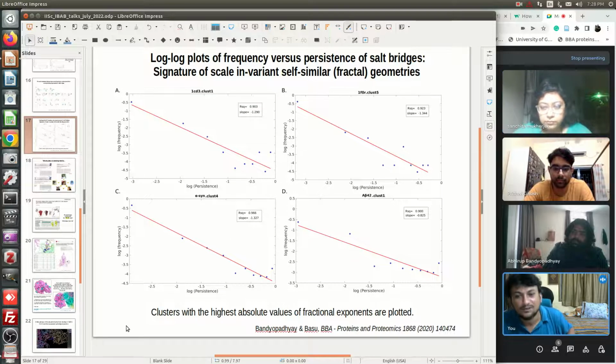হ্যাঁ, আমি বলছি তোমাকে, যেটা মিস করে গেছি সেটা হচ্ছে যে যখন এই গামার ভ্যালুটা 2 to 3 এর কাছাকাছি আসে, সেইটা হচ্ছে ক্যারেক্টারিস্টিক ফর স্কেল ফ্রিনেস। এই কথাটাই আমি বলতে ভুলে গেছি। একটা পাওয়ার ল ডিস্ট্রিবিউশনের গামা বা এক্সপোনেন্ট যখন 2 to 3 এর কাছাকাছি আসে, যত আসবে তত স্কেল ফ্রিনেস বোঝায়।